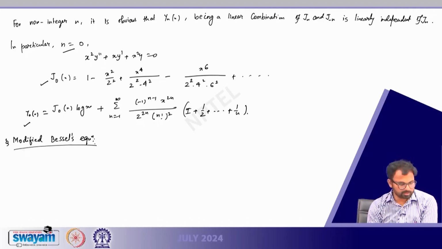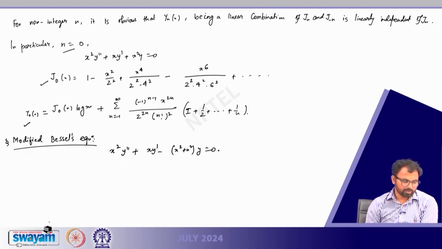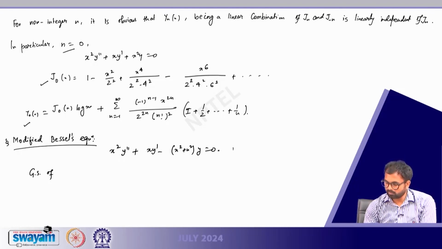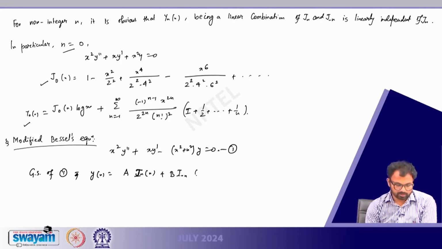So, the modified Bessel's equation is a little bit of this type: x squared y double dash plus x y dash minus (x squared plus n squared) y equals 0, and this is called the modified Bessel's equation, and its general solution, let us say this is equation number 1, can be written as y(x) equals a I_n(x) plus b I_{-n}(x), right,